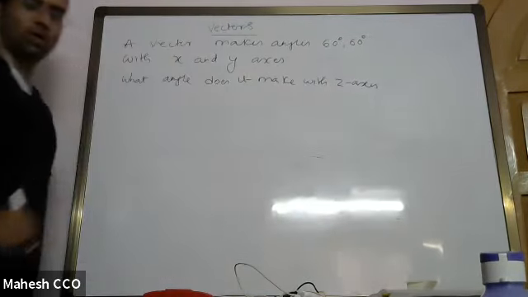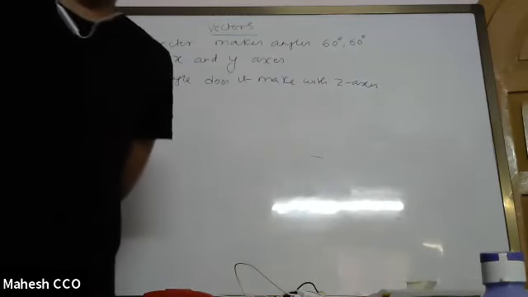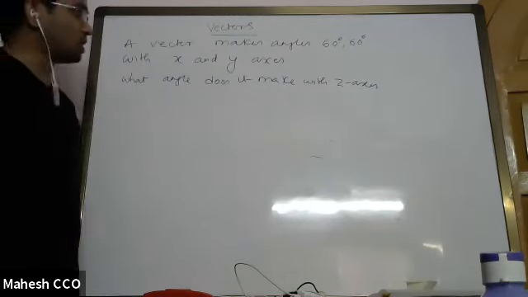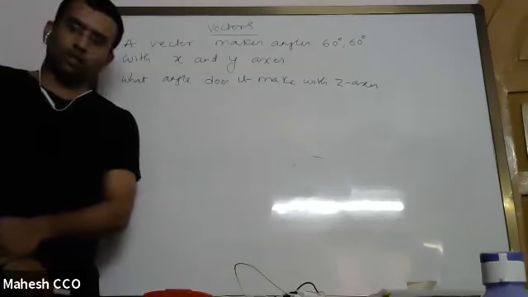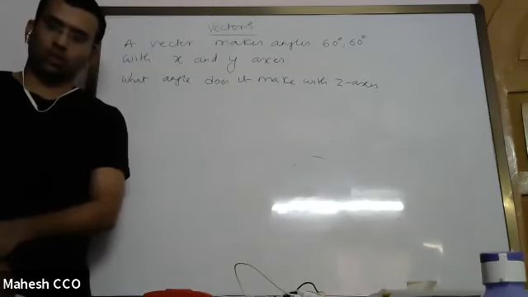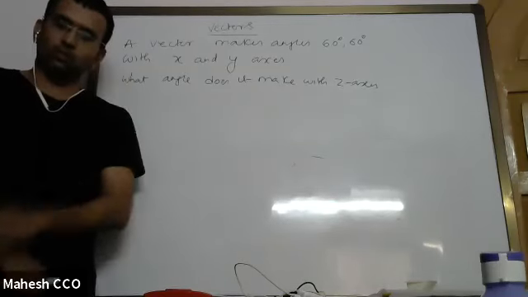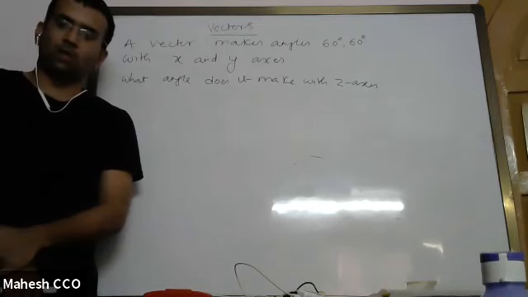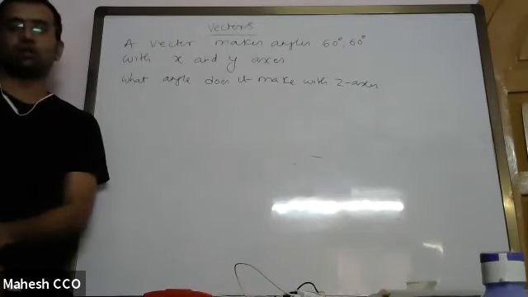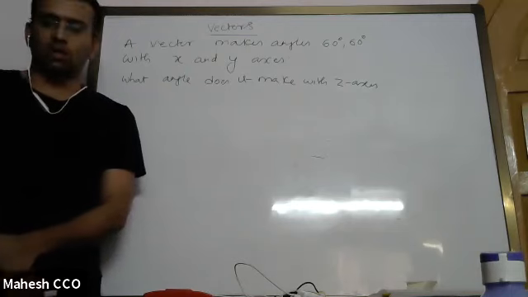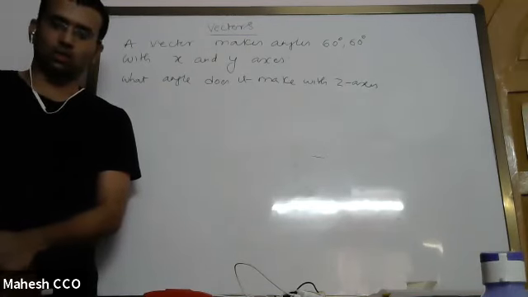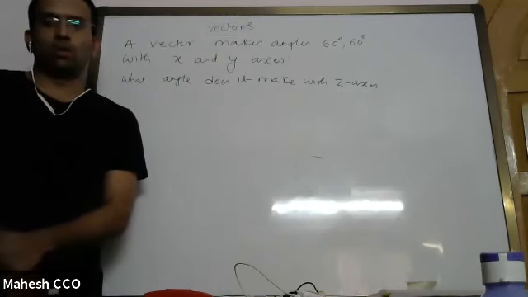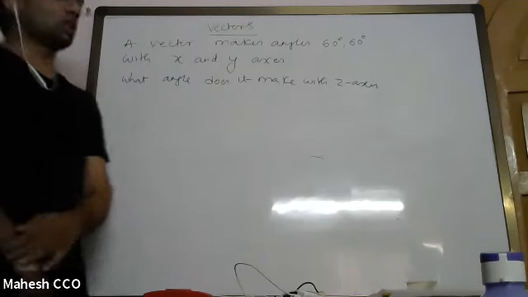Some of you may have a doubt that if a vector makes an angle 60 degrees with x axis, it should make an angle 30 degrees with y axis. That is only true for vectors which are in xy plane. A three-dimensional vector can make angle 60 and 60 with the x and y axis. There is no problem in it. Now we will use that